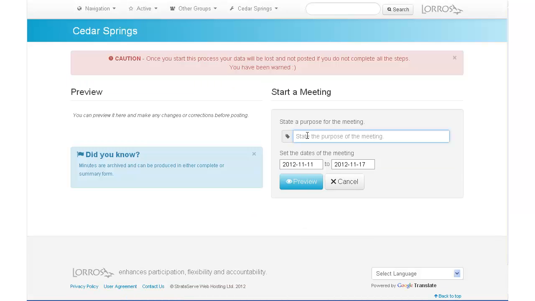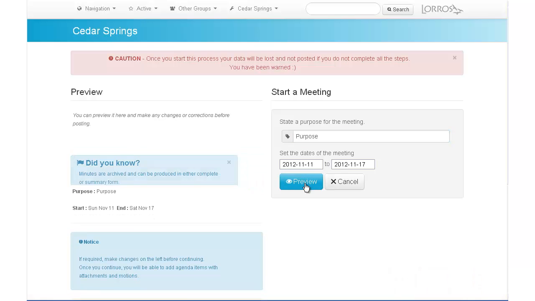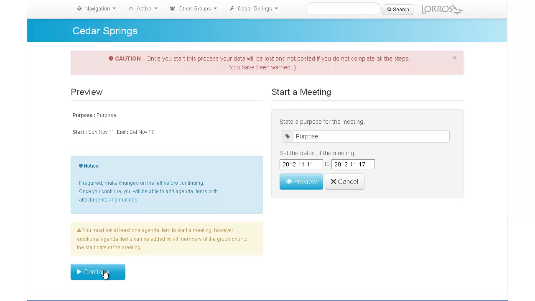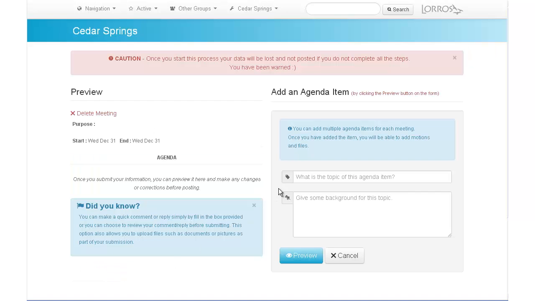But for now, let's go back to the home page to start a meeting. You just click there, you state the purpose of the meeting, and you can set the start date and the end date, preview it, continue, and then you add your first agenda topic. And you put some background in here, and you preview it,